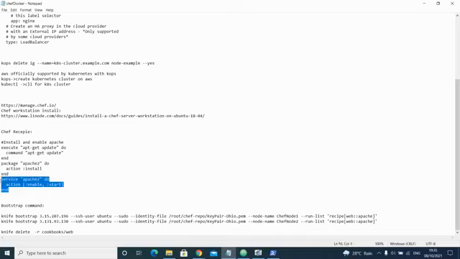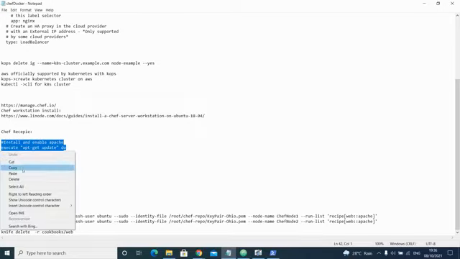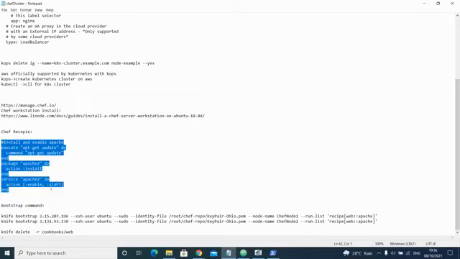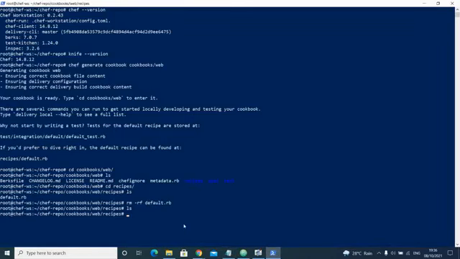Now I'll copy this Ruby script, and I will create it. So what I will do is I'll come back here into recipes, and I'll use the nano editor, nano, and I'll call it apache.rb, my recipe file name.